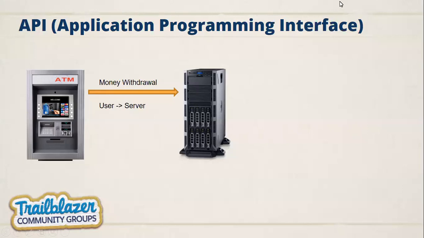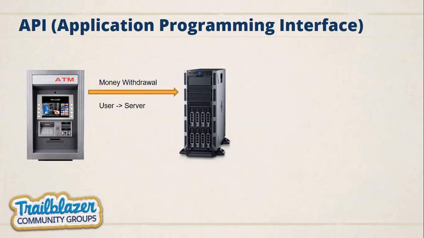Thank you very much. So when we withdraw an amount, we do a lot of operations before withdrawing the amount from your bank account. First you input your card and then you give your PIN. Based on the PIN and the card details, the server validates the data. So how does it connect? The connection between the two systems is done using an API. Without an API, your ATM system will not be able to connect with the banking system. It's not only that a client or device connects to the server; sometimes server to server communication also happens.